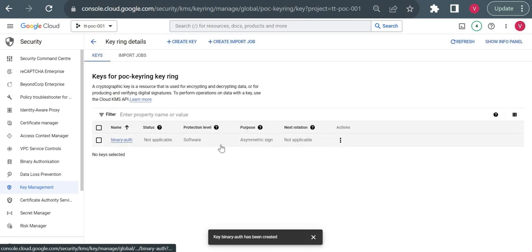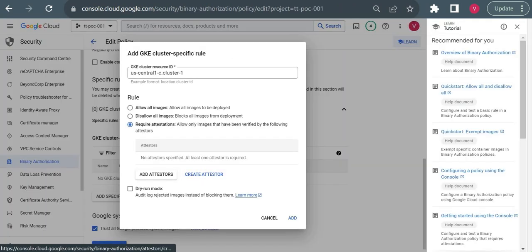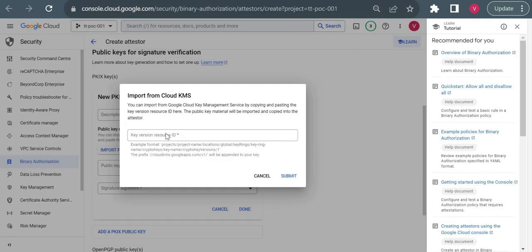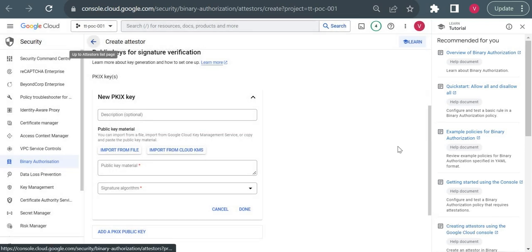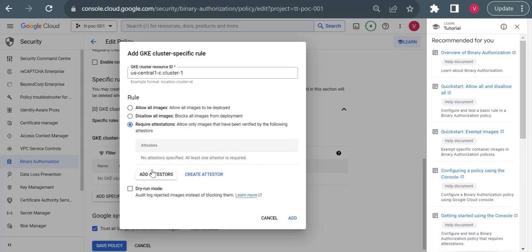Once it is created, I'll go inside this key. I'll copy this key resource name. Okay, and I will use this key resource name here. Let me go back and show you what we were doing. So at this point here,